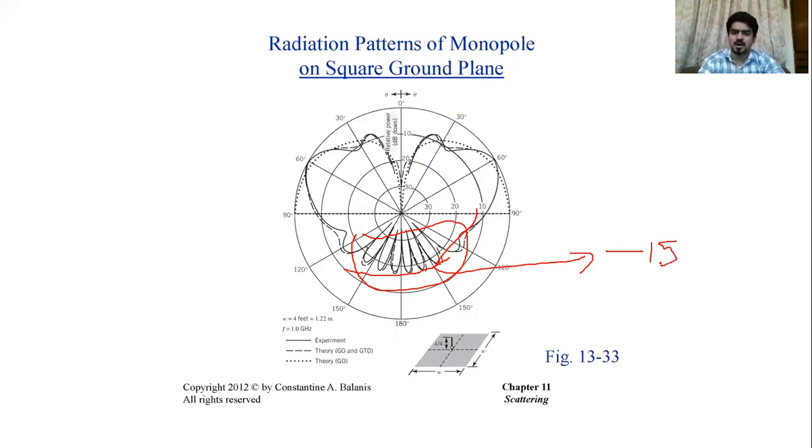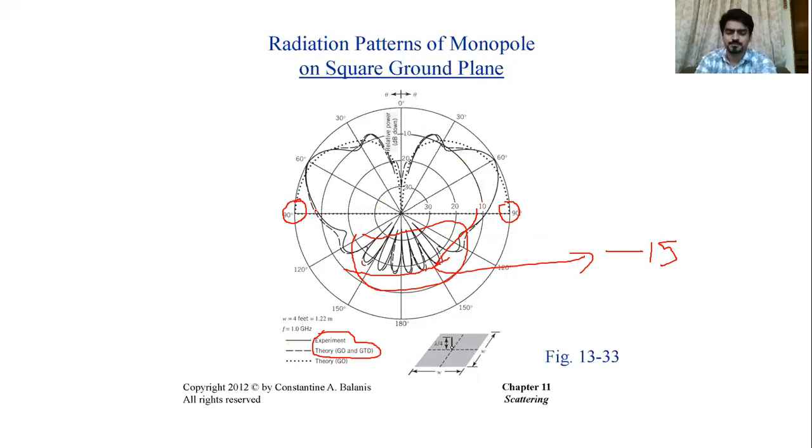And as you can see, again you have a very good agreement between your experimental measurement results and GO with GTD. Here the predictions given by GO are also shown, that is this dotted line. So you have a field only in the upper hemisphere predicted by geometrical optics, because in geometrical optics you don't have finiteness, and as a result you will not have any radiation in the lower hemisphere.